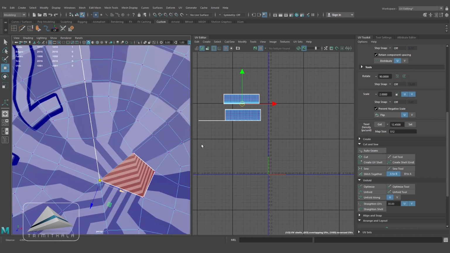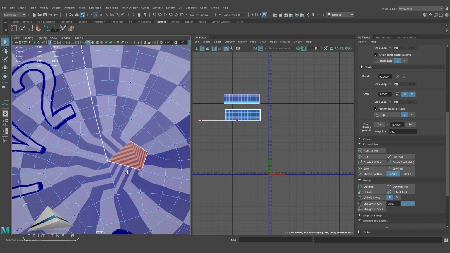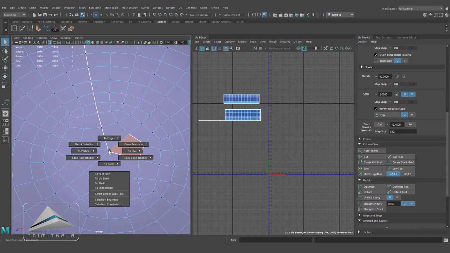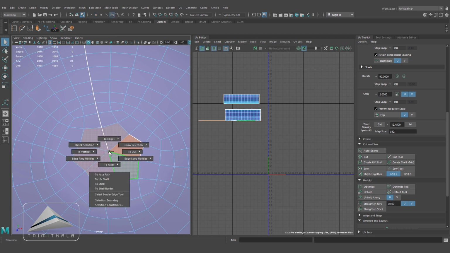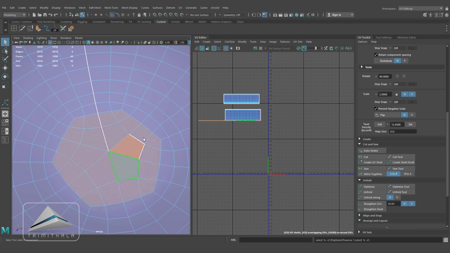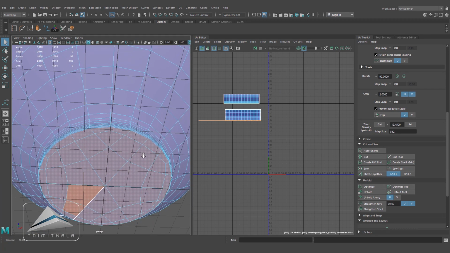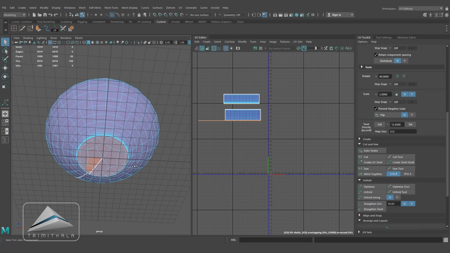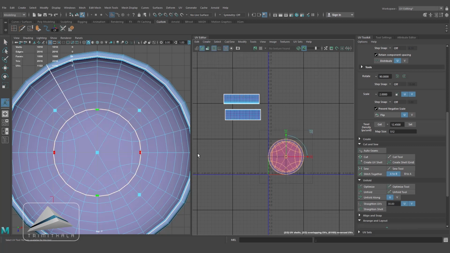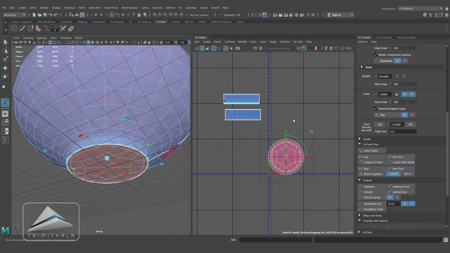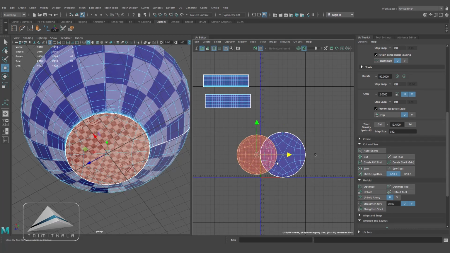Now let's select the center vertex, control right click on it, two faces, and then again right click and grow selection, grow. And you can see how I have selected all the faces from this bottom plane. Now go to create and applying planar mapping, and how nicely you can see I got my UV shells, evenly distributed checkers.